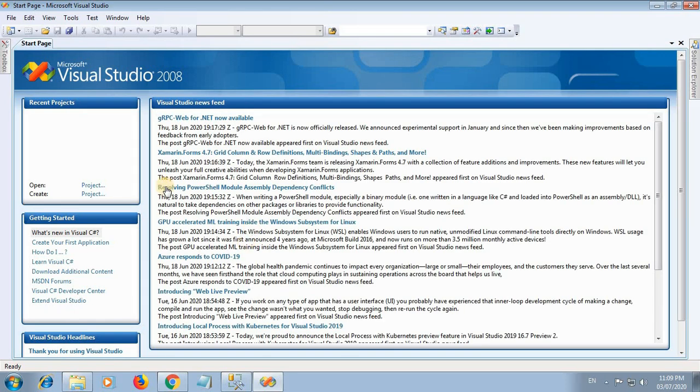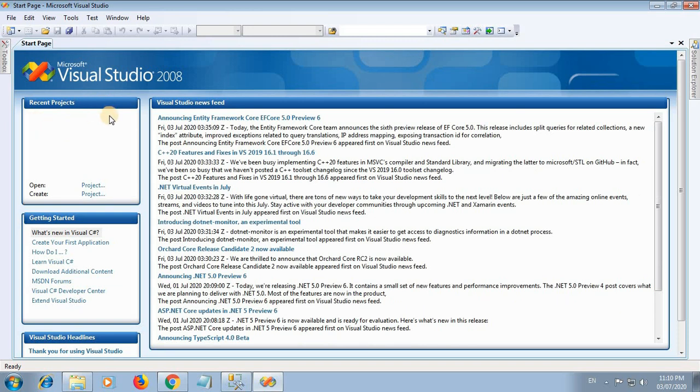So in this video we configure the database. Okay, so how can we configure the database? For configuring the database we need the server explorer tab. So how can we add the server explorer tab into Visual Studio?